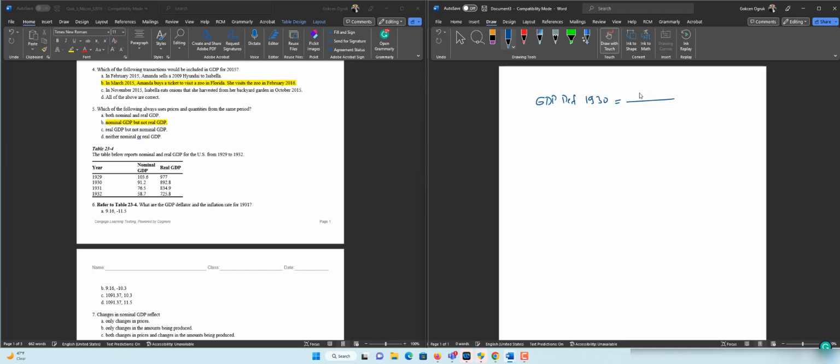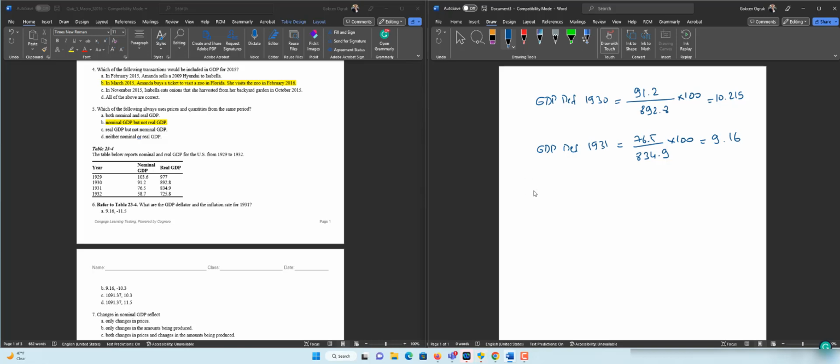It's going to be the nominal GDP in 1930, 91.2, divided by real GDP in 1930, which is 892.8, times 100. And then we will calculate the GDP deflator in 1931, which is nominal GDP, 76.5, divided by real GDP, 834.9, times 100. And now we need to calculate first. This is equal to 10.215, and let's calculate this one. This is equal to